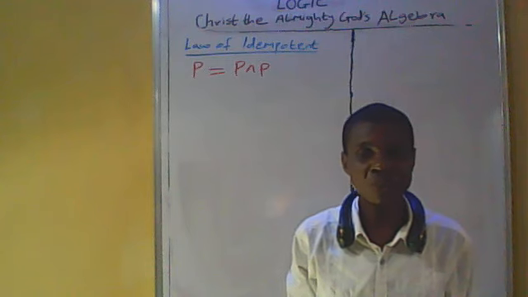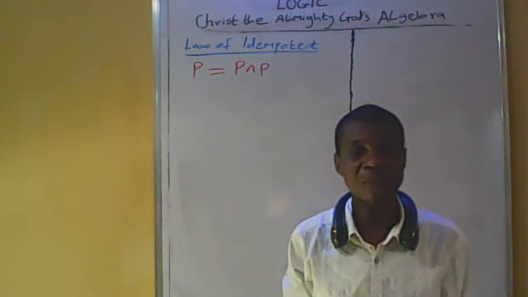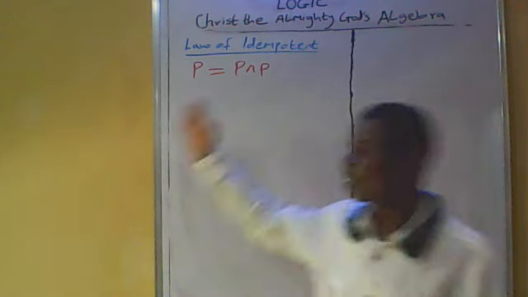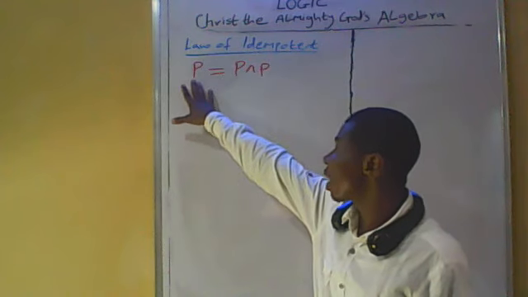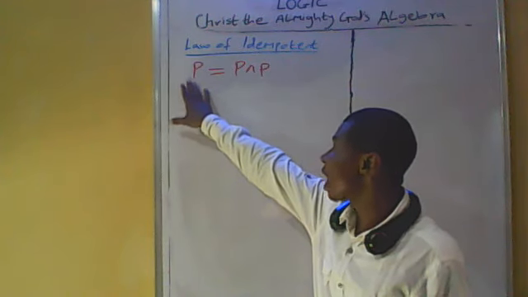P is equal to P and P. If you look at this very equation, you will find out that whenever the P at the left hand side of the equation is true,